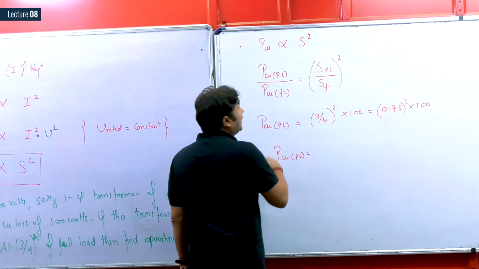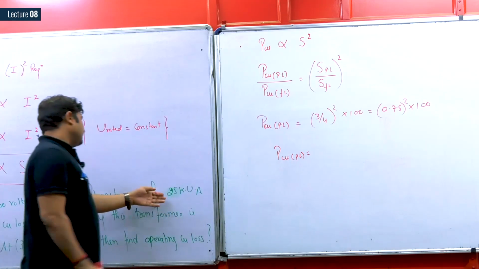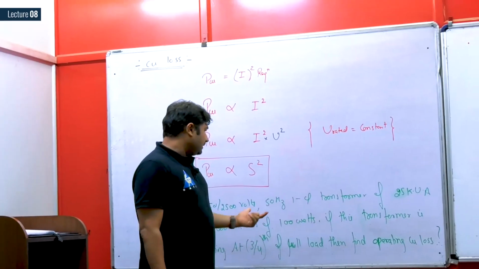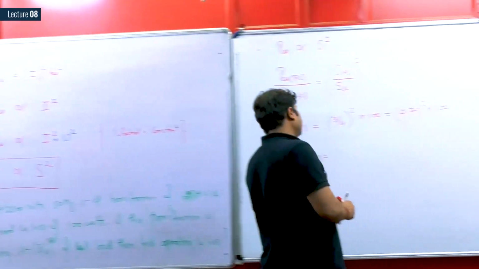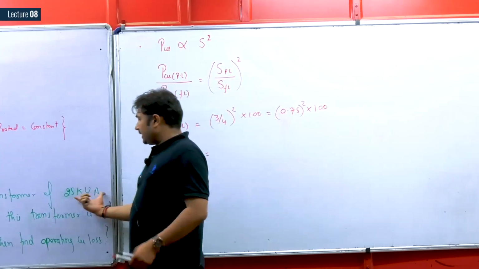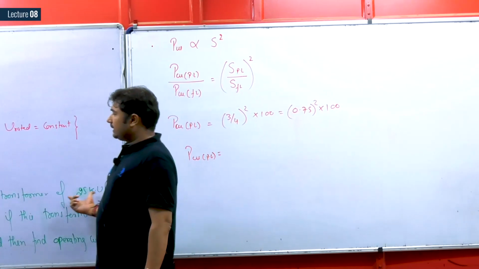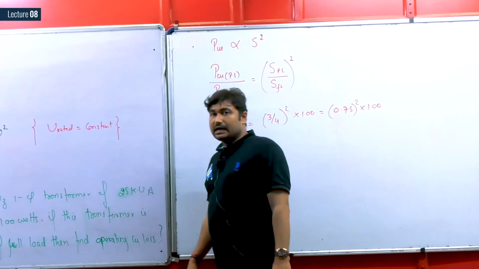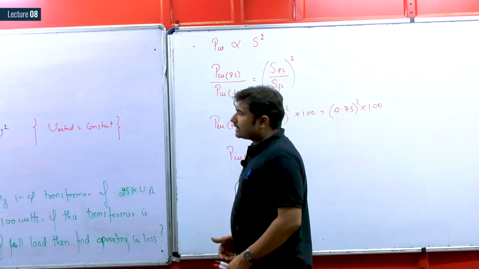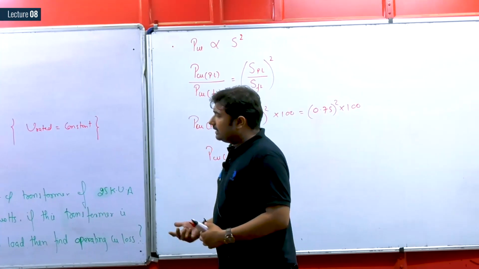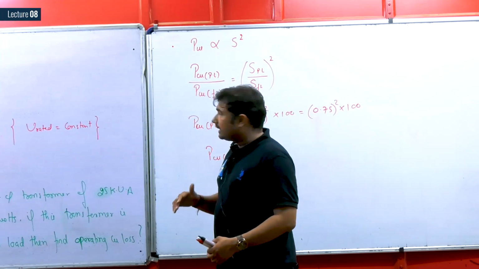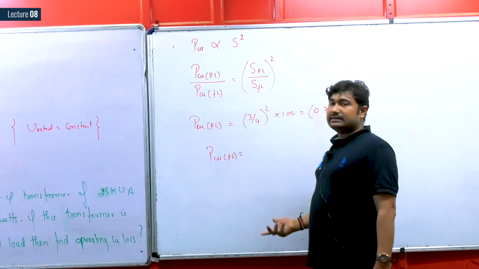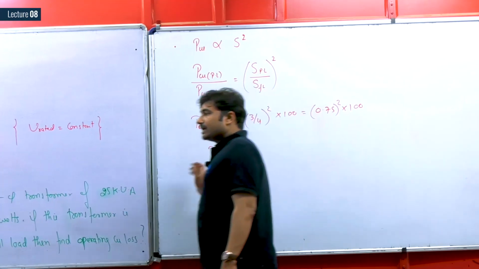It is not needed to find the operating current, because if you find the operating current and then proceed, you will get the same answer. If we find the operating current, because this is a 25 kVA transformer, the operating current on HV side is 10 ampere and operating current on LV side is 100 ampere. So if the load is connected on HV side or LV side accordingly, the partial load current is 3/4 of full load current, voltage will remain same, so it cancels out and you will get the same answer. So better to go with kVA directly.